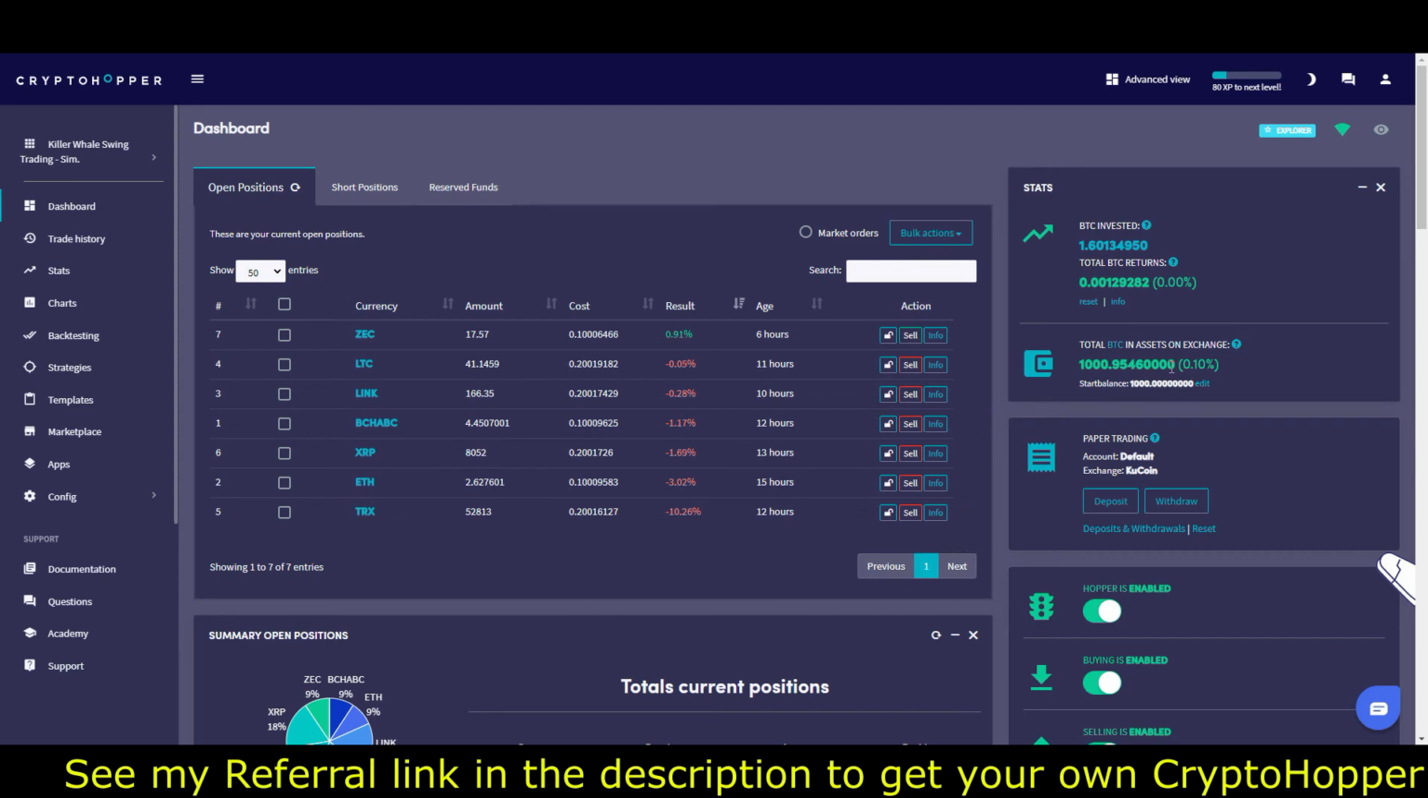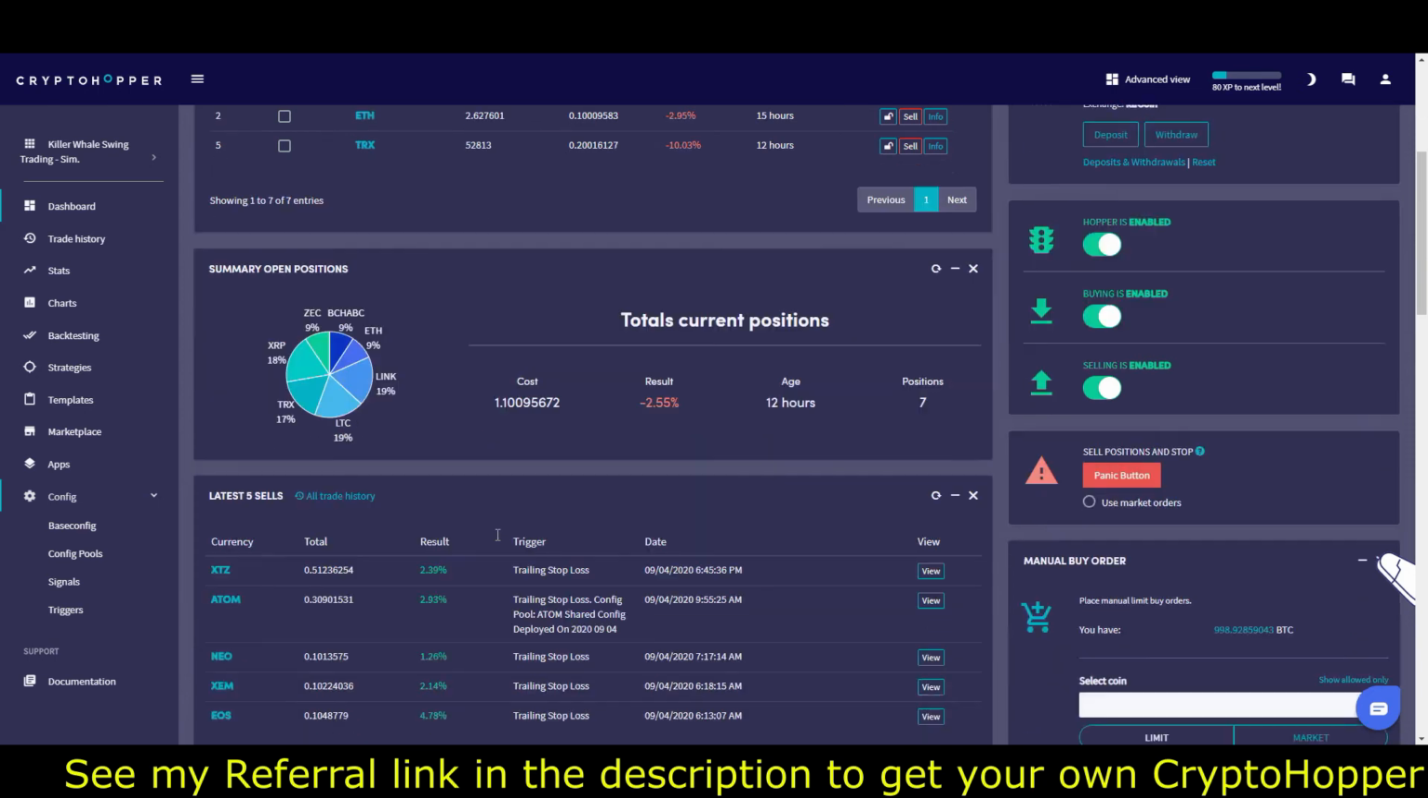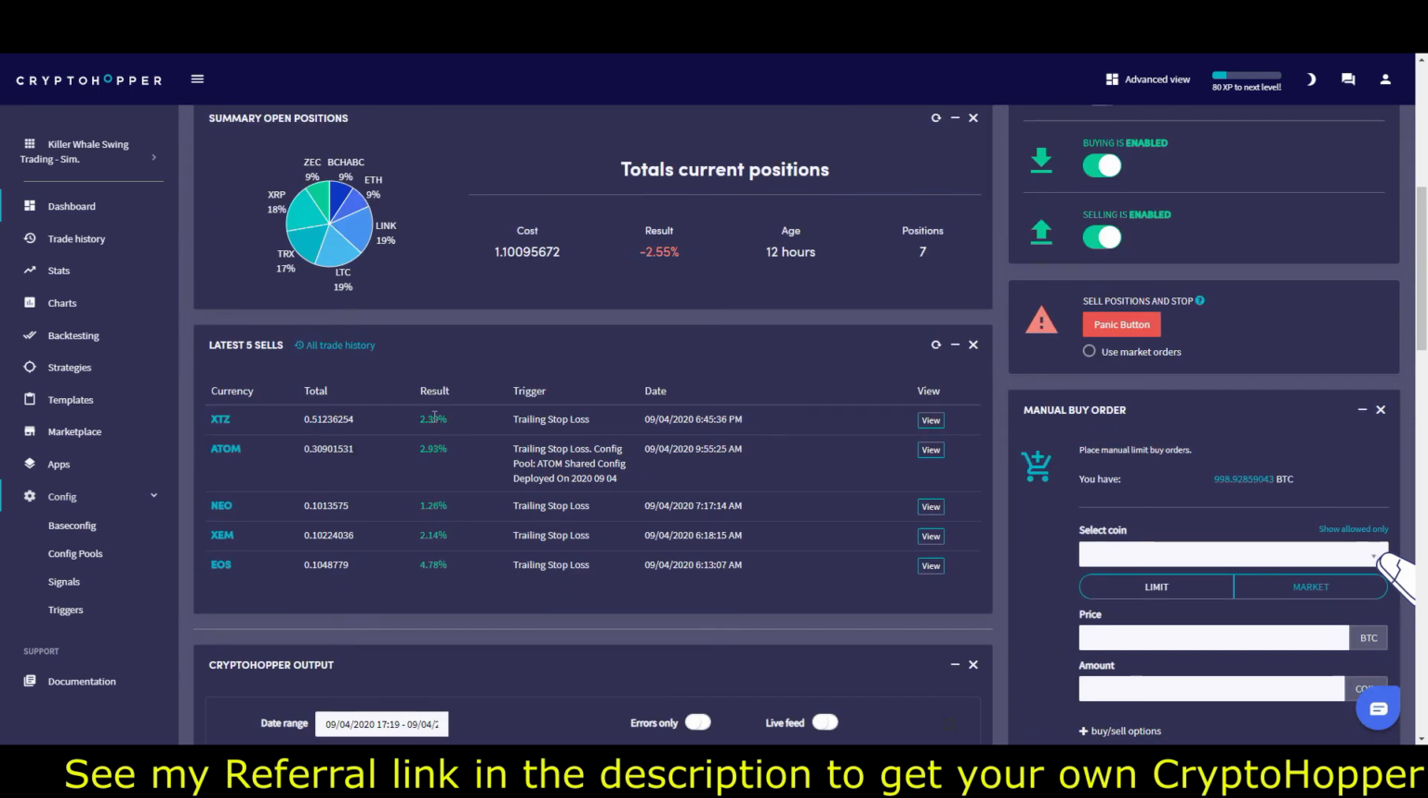But this is fake money. I really don't got 1,000 Bitcoins in there, but it'll take a piece of the Bitcoin and trade it for you. Whatever you got set up in your configuration down here, you can tell it, like 0.01 Bitcoins or 0.1 Bitcoins. And then it breaks down percentage of each coin that you got invested. And this is where it shows the percentage of the sales, last 5 sales, and how much profit there was. You can go to all trade history